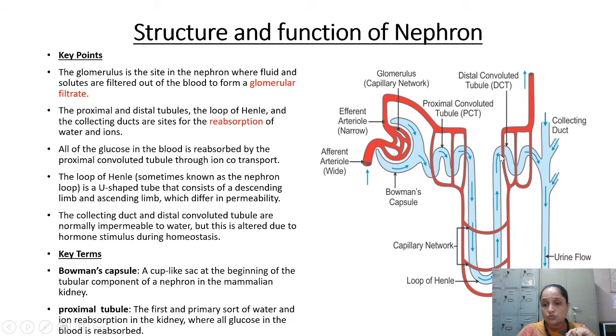Then it is going to lead into the tubular structure. Again, that is known as the distal convoluted tubule. Distal मतलब होता है basically दूर वाला. ठीक है, which is lying apart or at a distant place. That is the reason it is known as a distal convoluted tubule, and this distal convoluted tubule is going to